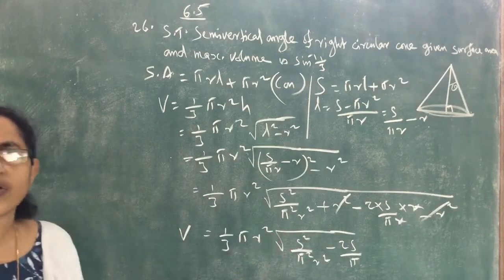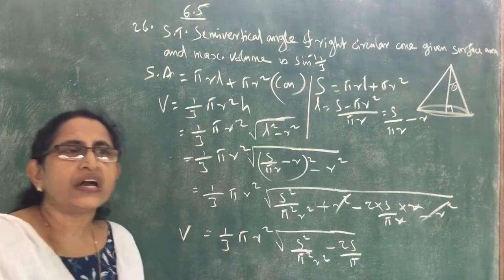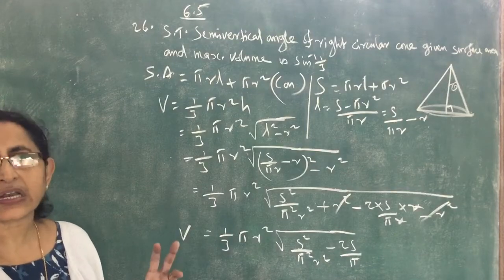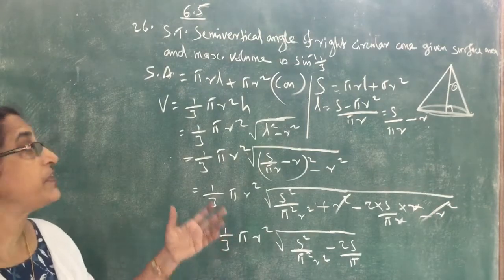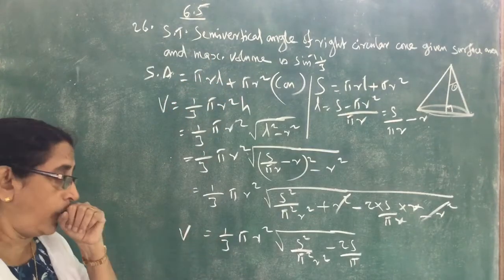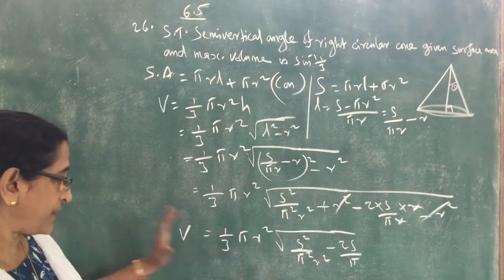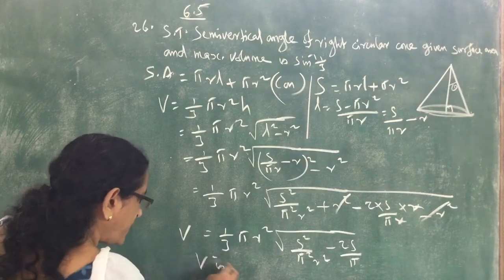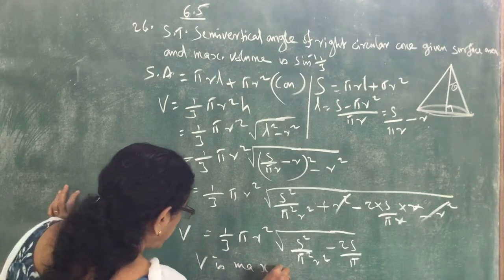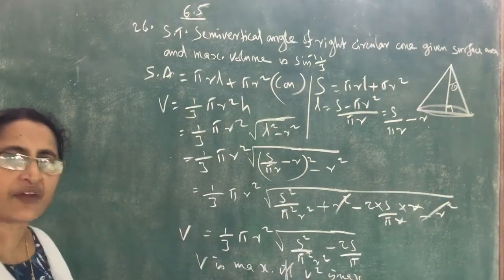Now we can see here also, in this question also, there is a root. So it is very difficult to find the derivative and all. So here volume is always a positive quantity. Whenever V is minimum or maximum, see here we want volume to be maximum. So whenever this volume is maximum, V square is also maximum. So we can write V is maximum, since volume V is a positive quantity, if and only if V square is maximum. So we can denote V square as a function of R.